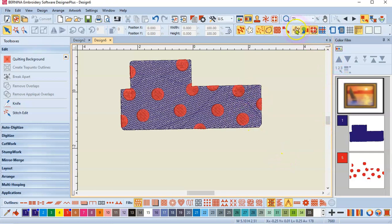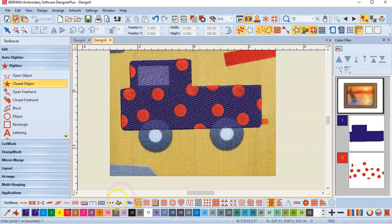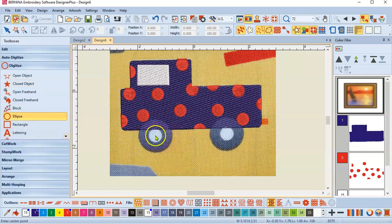So I'm going to bring the picture back, and the next thing I want to digitize, I'll come back to the Digitize toolbar, a closed object, a white color, and let's do a left click, a left click, a left click, a left click, enter. And then we want to do the wheels. And so I'm going to use my ellipse tool again, and I'm going to do center of this wheel to the outside of the gray,